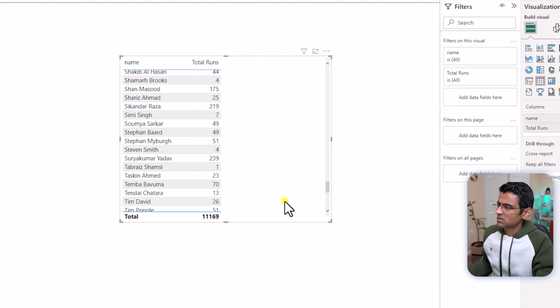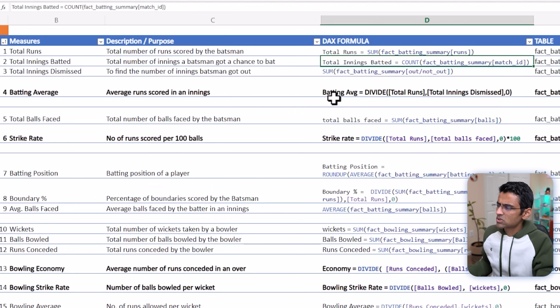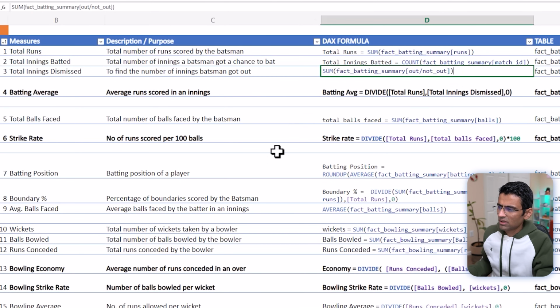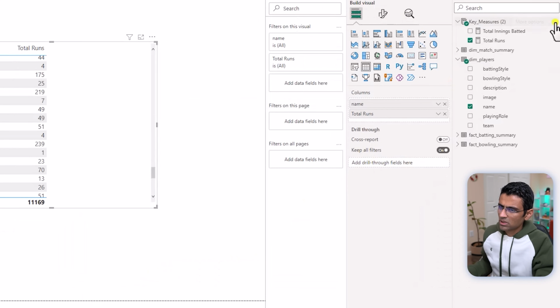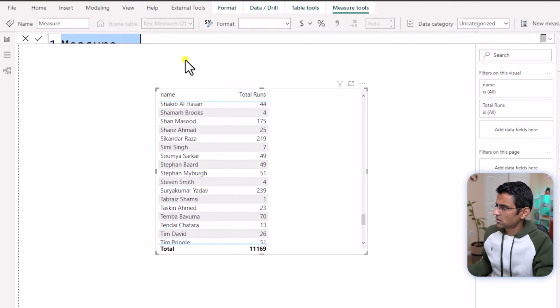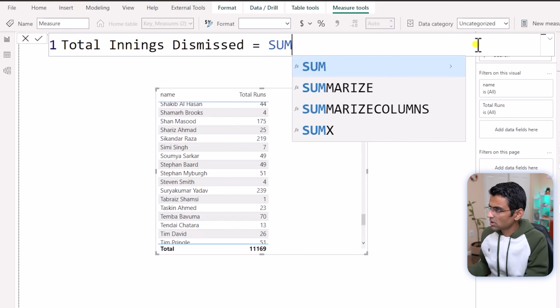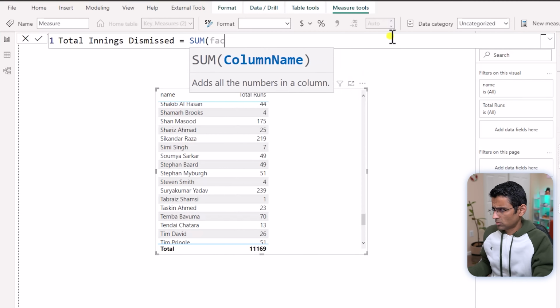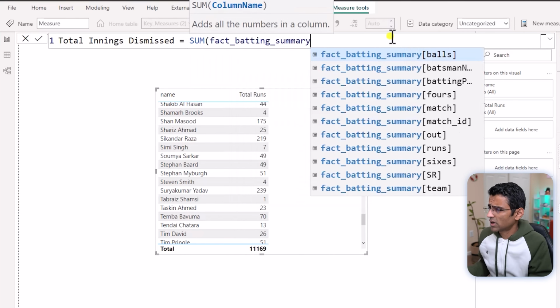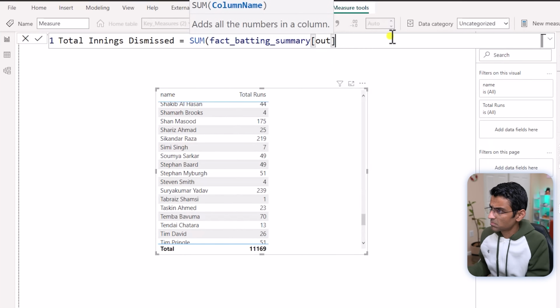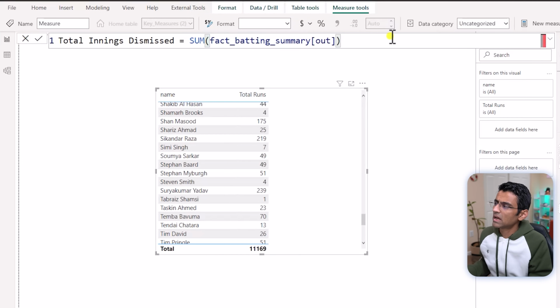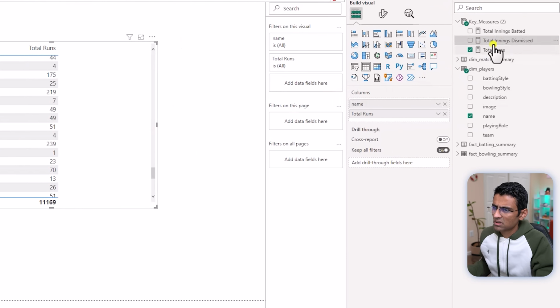Similarly, you can create other measures. So what other measures do we have here? Let's check that. The other one is total innings dismissed. So here I'll say new measure, total innings dismissed is equal to sum of, once again, you can do Control scroll to see the whole thing. Batting summary and out. So how many times the player got out? Total innings dismissed. And when you pull that here,